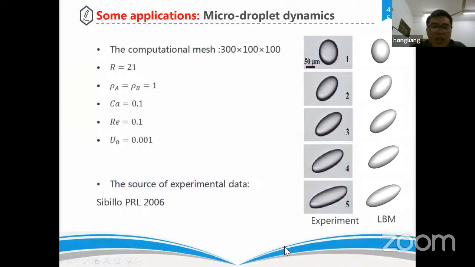The second application is that we use the model to simulate the microgeodynamics, the shearing of a droplet. I think we first compare the result with the experiment. The experiment data is taken from the literature. We can find that our simulation results agree well with the experiment in general. Next,